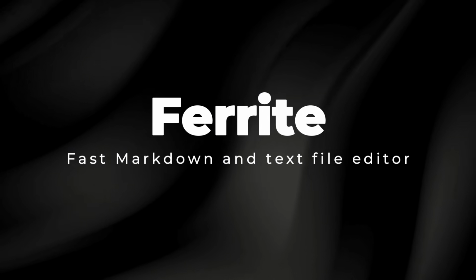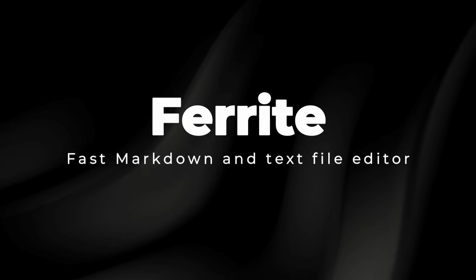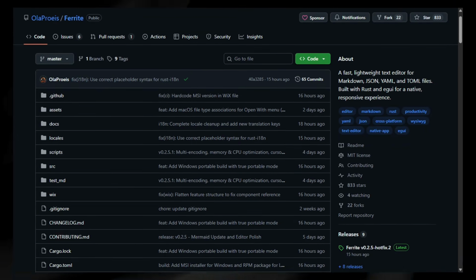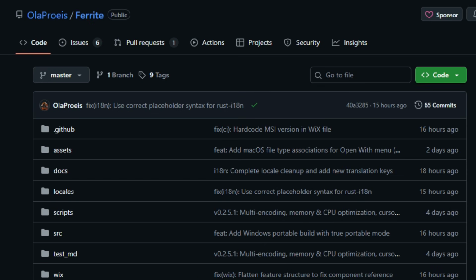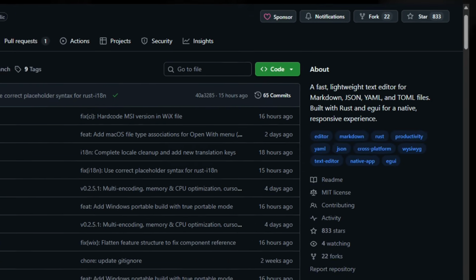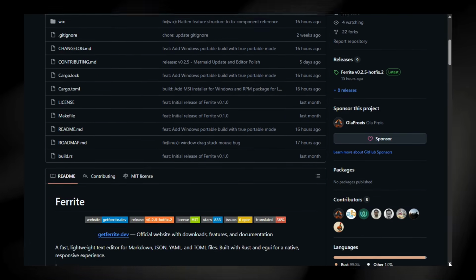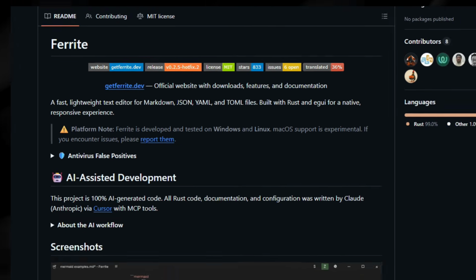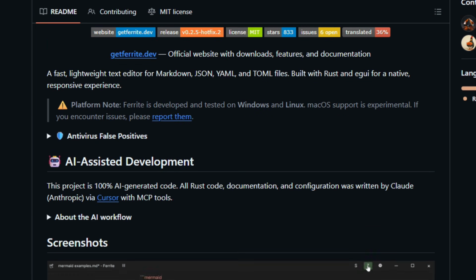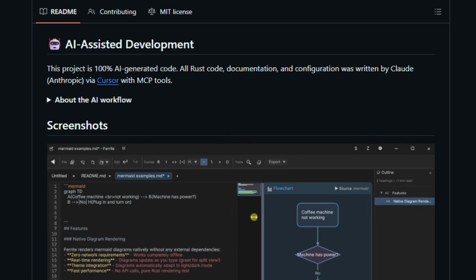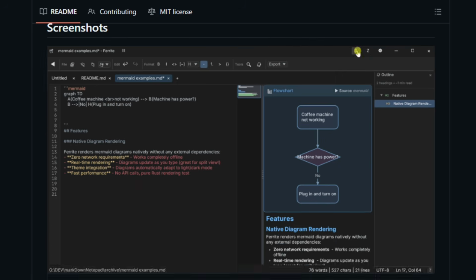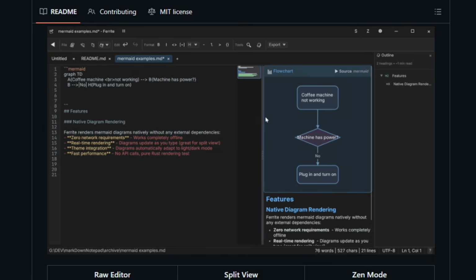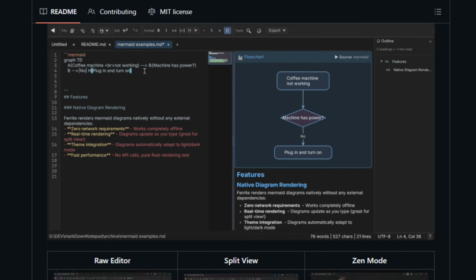Project number 3, Ferrite. Fast Markdown and Text File Editor. Ferrite is a fast, lightweight text editor application built with Rust and Egui that lets developers and writers open, edit, and preview Markdown, JSON, YAML, and TOML files in a native GUI. It shows live rendered Markdown alongside raw text, handles multiple file encodings automatically, and includes structured viewers for JSON and